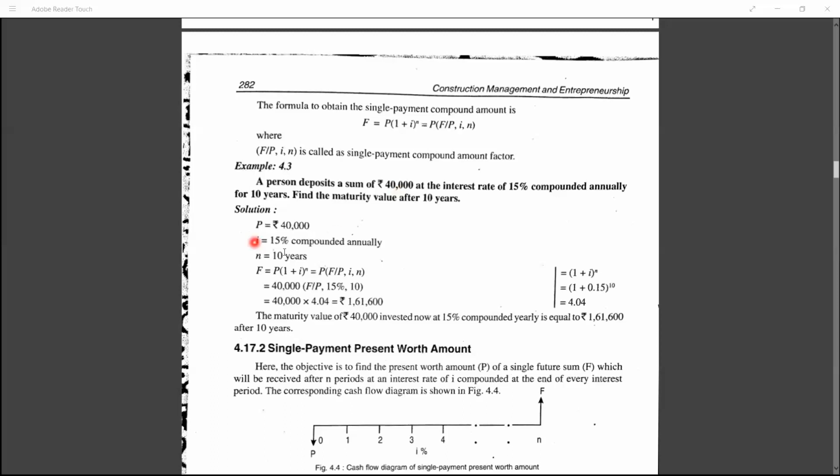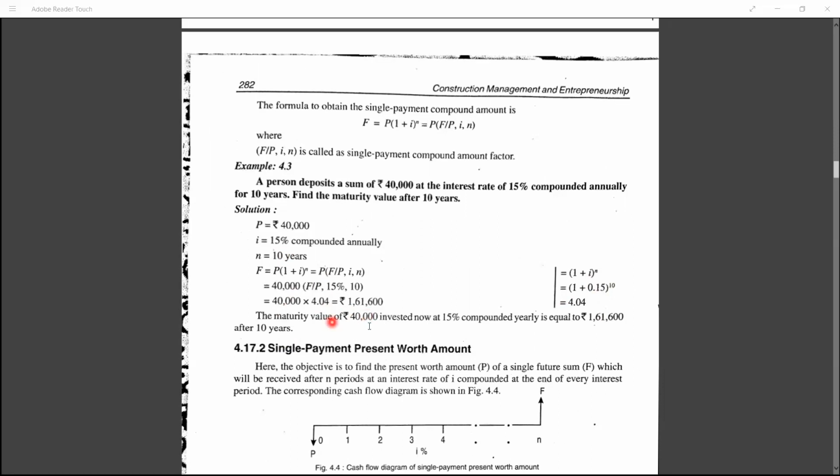See, principal is 40,000, interest rate is 15%, N is 10 years. So F is equal to P plus P square root B into 1 plus I raised to N. N is nothing but years, I is nothing but interest rate. For 40,000, you need to modify this formula a little bit. 1 plus I raised to N, 1 plus 15% raised for 10 years, that is 4.04. So 40,000 into 4.04, if you do, you get